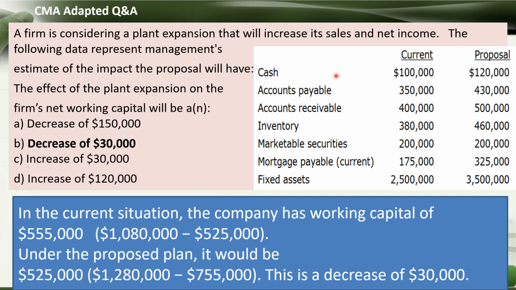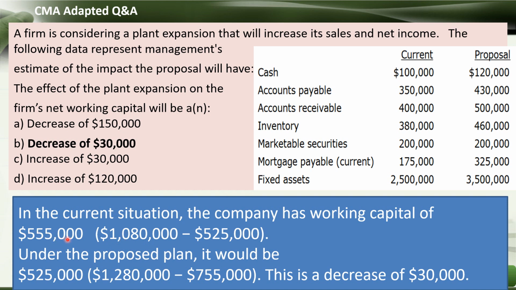So it will be cash plus accounts receivable plus inventory plus marketable securities, and the mortgage payable will be minus as part of the current liability, and the accounts payable also minus. So both become the net working capital, bringing to